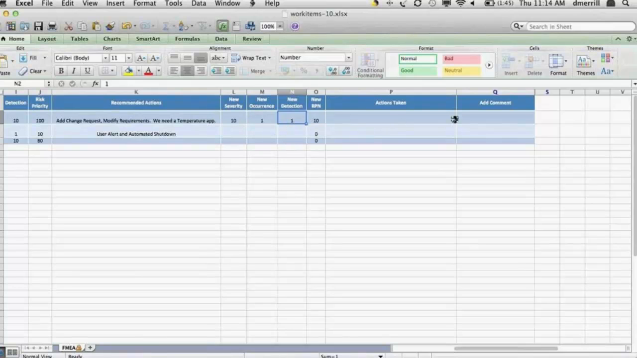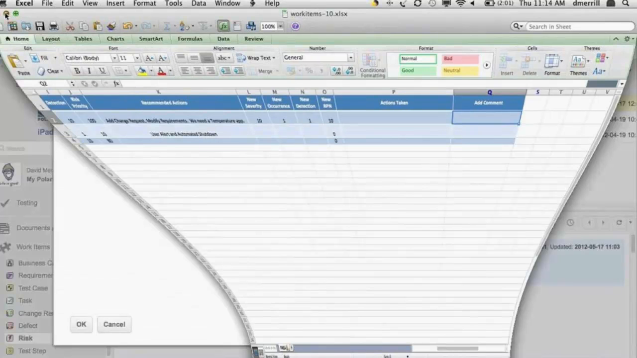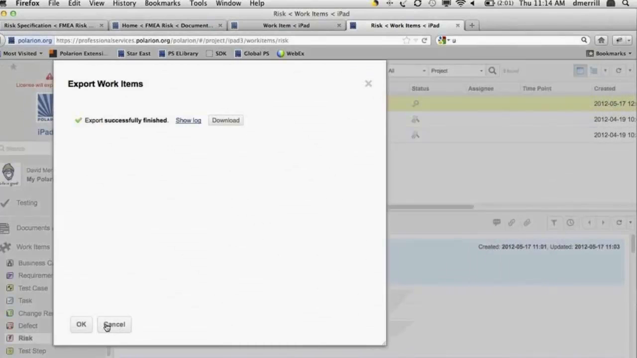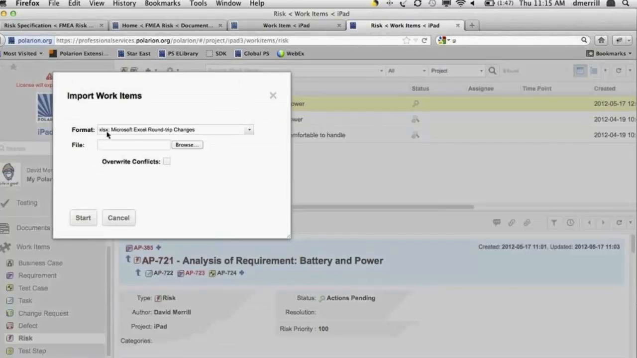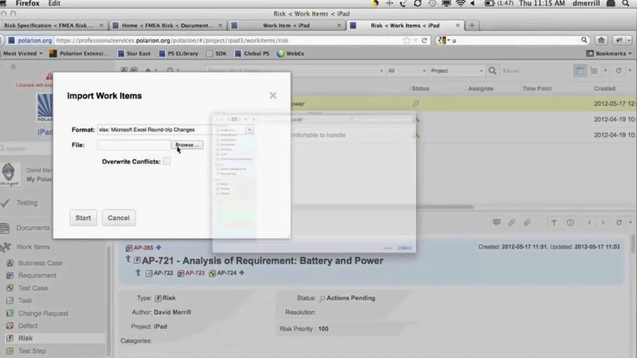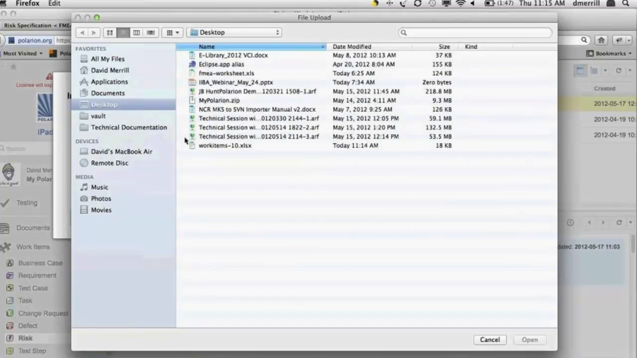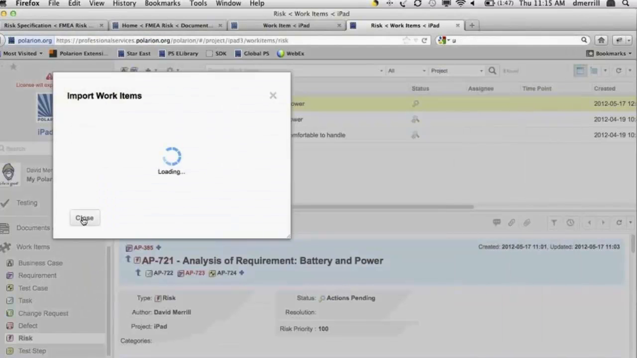So I can add this information in and insert a comment, and I'm ready for the complement of the round-trip experience. So I'll put Excel down, and this exported the information so that my stakeholders could make changes. And now I'm ready to import those changes back in. So I will pick the gear wheel and import, and I'll import the Microsoft Excel round-trip changes. I'll look for and find the file that I made changes to and open that up and begin the import